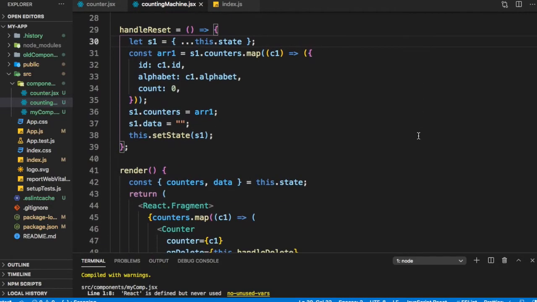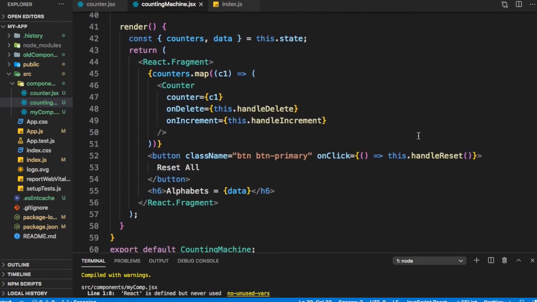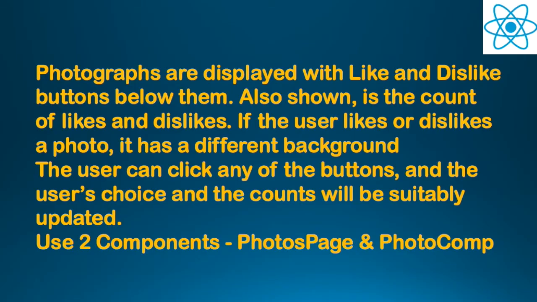We did props, and then we saw how we lift the state up between the child component to the parent component as we required in this case. So these are extremely important concepts, and the next couple of exercises will demonstrate them in greater detail. So let's look at the exercise.